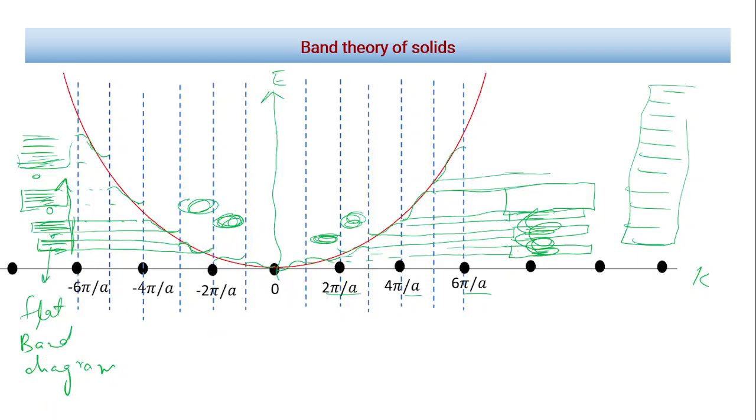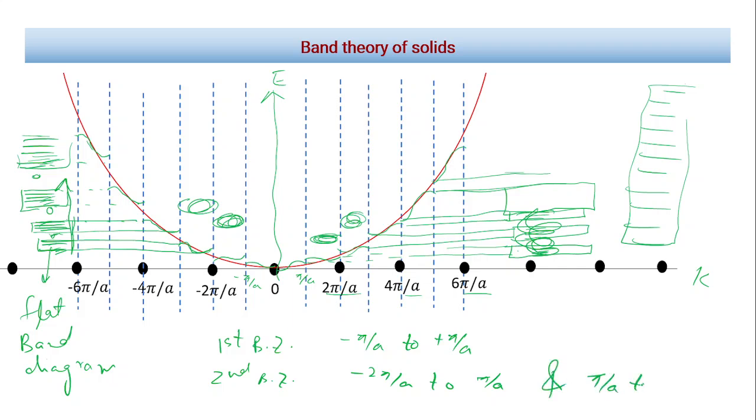So here we'll have, if I say my first Brillouin zone is from minus pi by a to plus pi by a, and my second Brillouin zone is minus 2 pi by a to, this was a crystal plane I had constructed at perpendicular bisector, right? That means this was minus pi by a. This was also plus pi by a. Minus 2 pi by a to minus pi by a, and pi by a to 2 pi by a together is second Brillouin zone. So similarly,